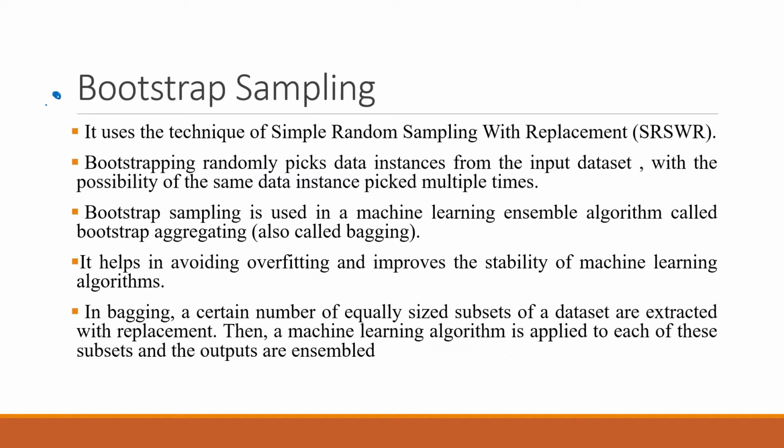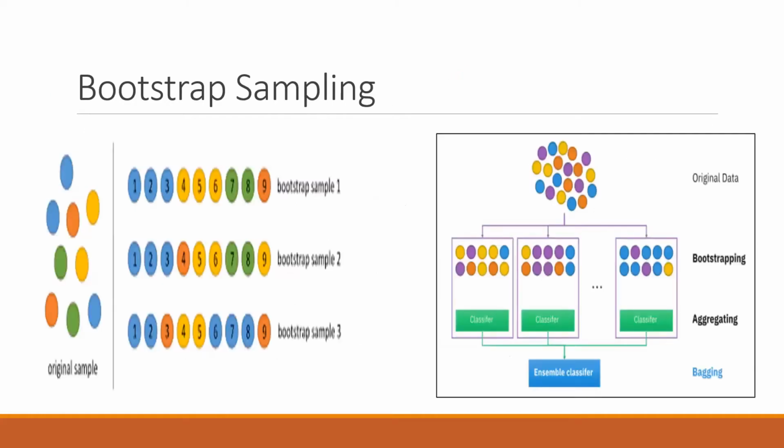So, bootstrap sampling. It uses the technique of simple random sampling with replacement, and it simply means that when you are making samples, let's see in this figure, let's say that you have this kind of original sample data set, you are taking multiple points out of it and making multiple samples randomly. Let's say that these values have been made in a different order, and they have been made into different samples out of it. There are multiple samples out of it,